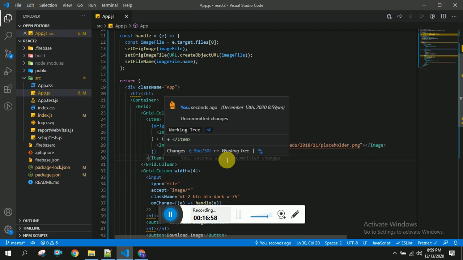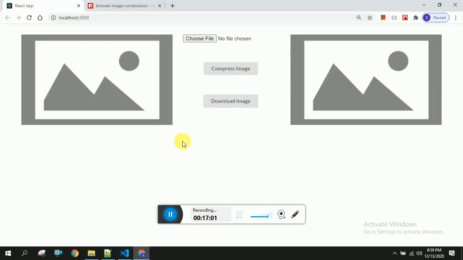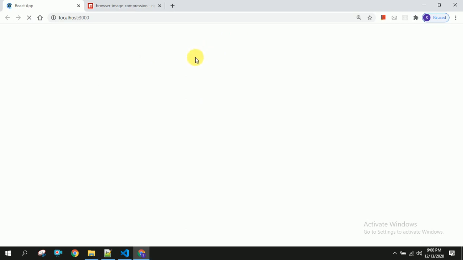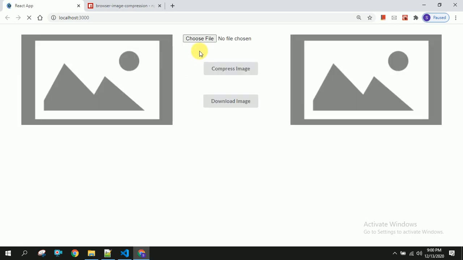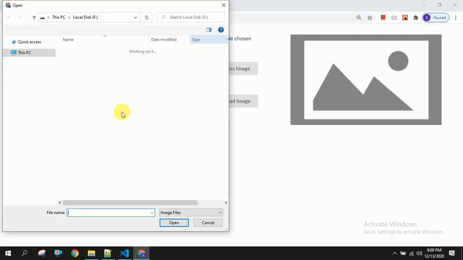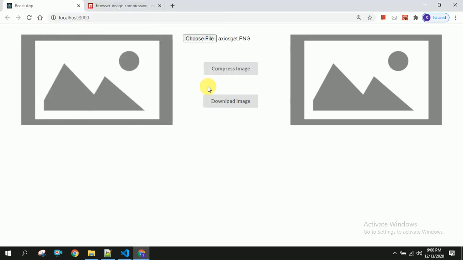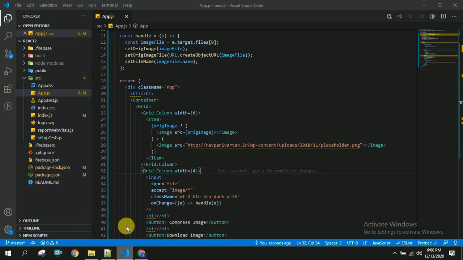Let us go back to the browser. Once I head back to the browser, I am going to refresh this. So I am going to click on choose file. Once I choose any file, you should be able to see the preview of the particular file we have selected. Here we have not got the preview, there is some issue in our code.